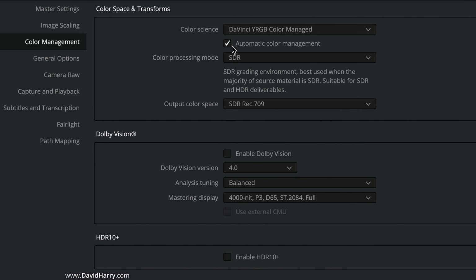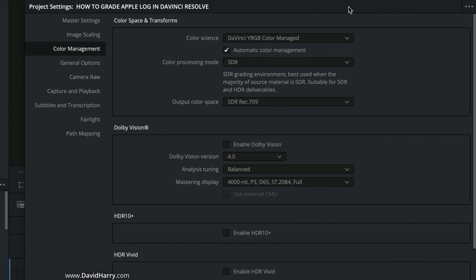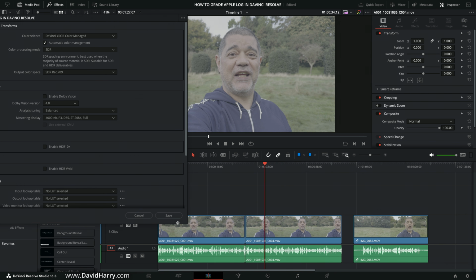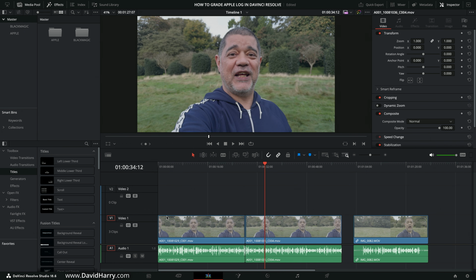However, like I say, from my point of view, I just want to keep this simple. So it's just going to be SDR for the color processing mode and SDR Rec.709 for the output color space. Now watch here, just as I confirm and change to yes, we will see that picture suddenly go more normal, shall we say. So let me just hit save, and boom, look at that straight away. That picture just kind of magically, well, not magically, obviously there's science involved here. It's not like fairies and goblins and stuff,